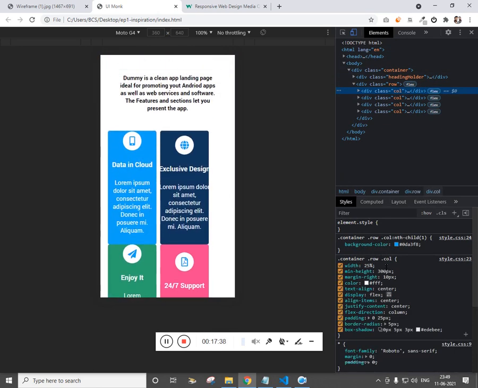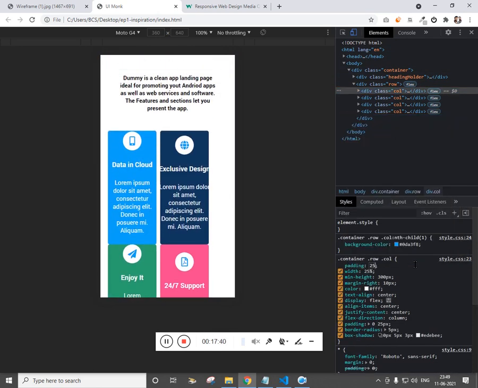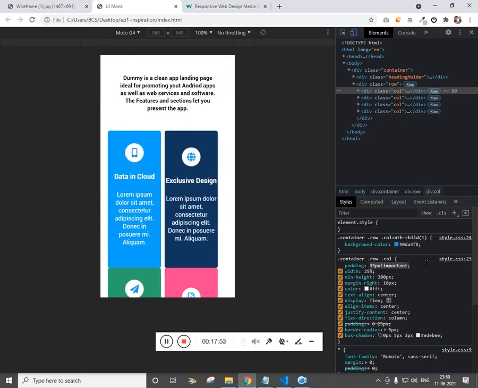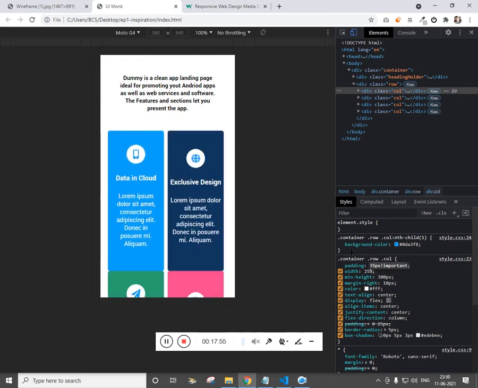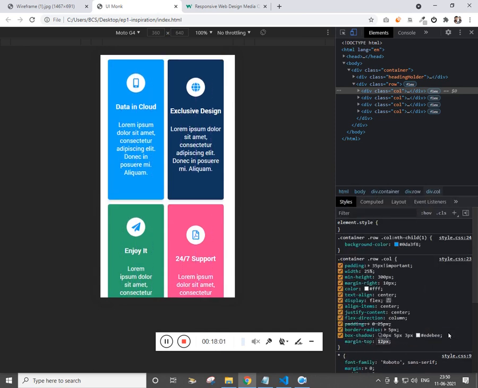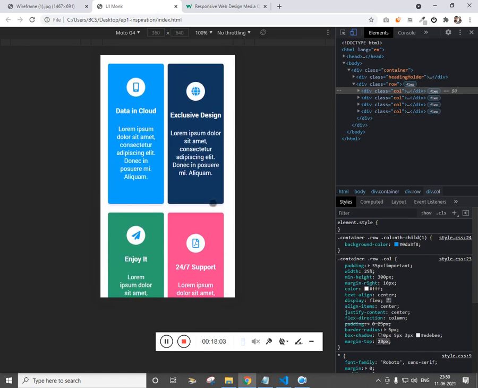Select the column, let's try to give padding 25 pixel. Not working, why is that? Let's try to be important. And let's try to give margin top 10 pixel. So this is for mobile.